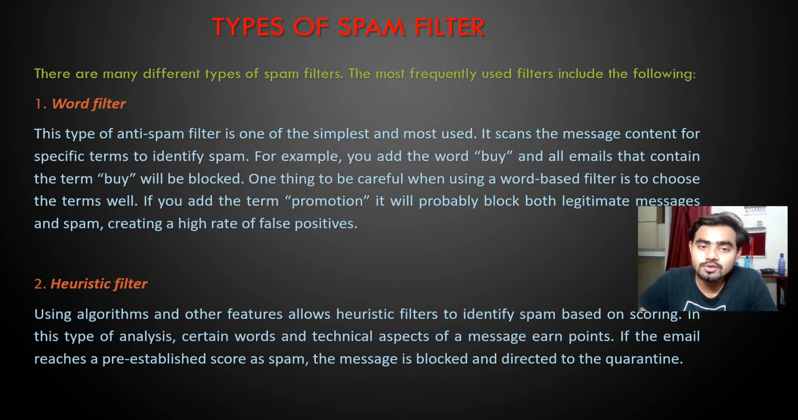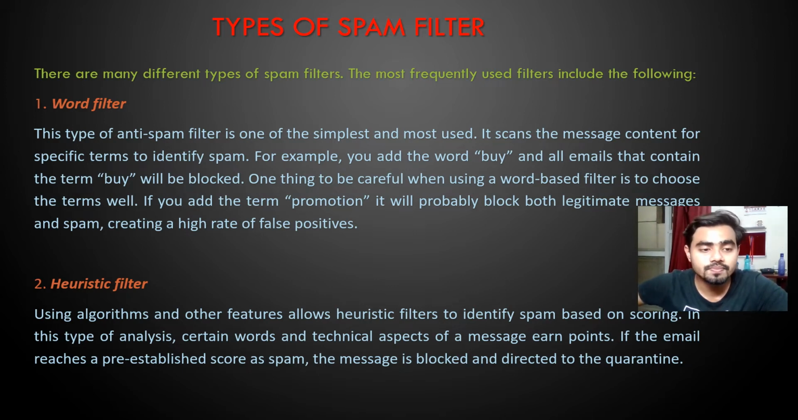There are many different types of spam filters. The most frequently used filters include the following. First, the word filter. This type of anti-spam filter is one of the simplest and most used. It scans the message content for specific terms to identify spam. For example, you add the word buy and all the emails that contain the term buy will be blocked. If you add the term promotion, it will probably block both legitimate messages and spam,